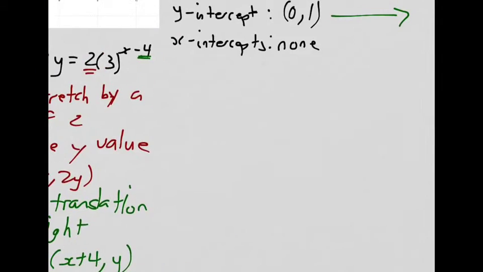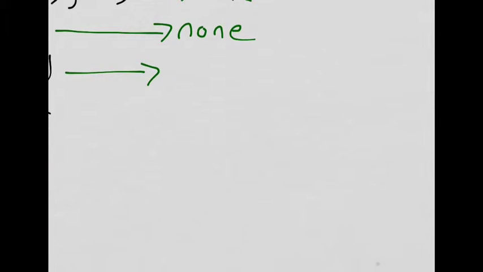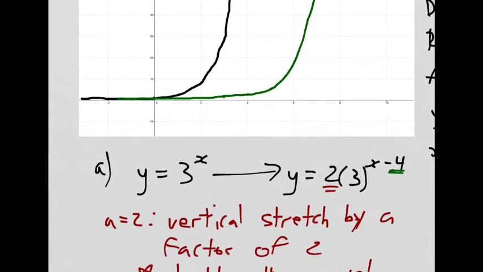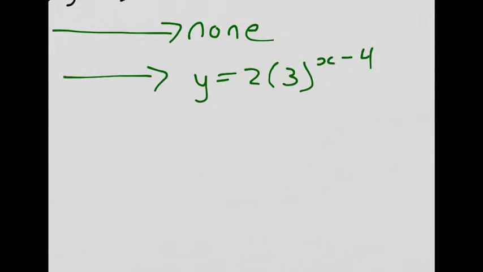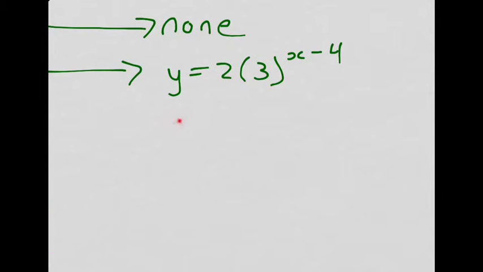Do you guys know how to find these? When x is 0, it'll cross the y-axis if it exists, right? So I take my transformed equation and I make x 0. Whenever x is 0, that's when it's going to cross the y-axis. You can just see that graphically. If I go to 0 on this green curve, as soon as I hit 0 for x, that's when I hit the y-axis. So y equals 2 times 3 to the negative 4,